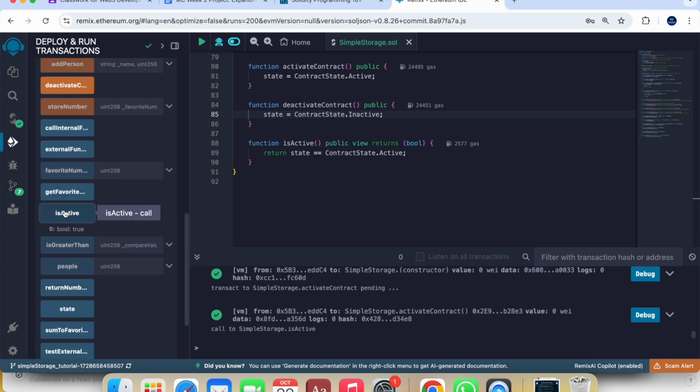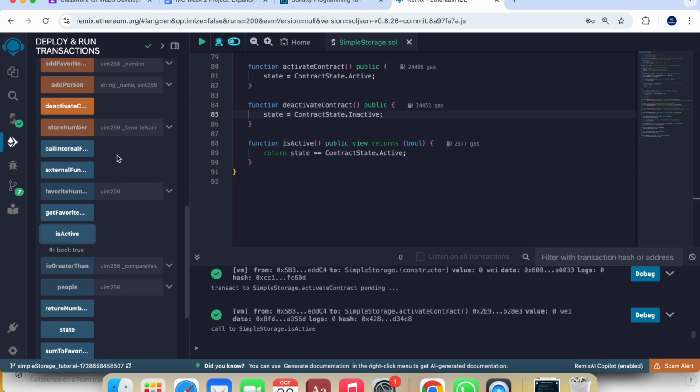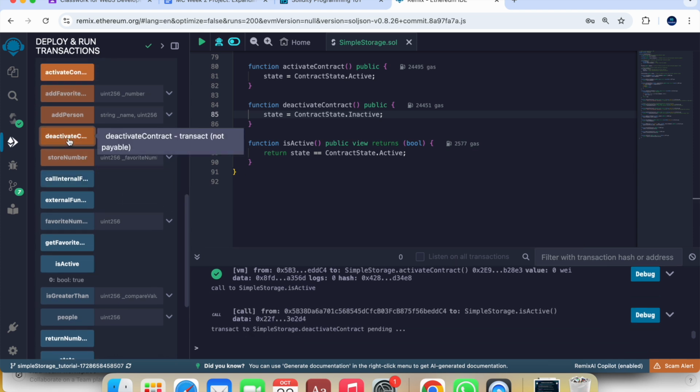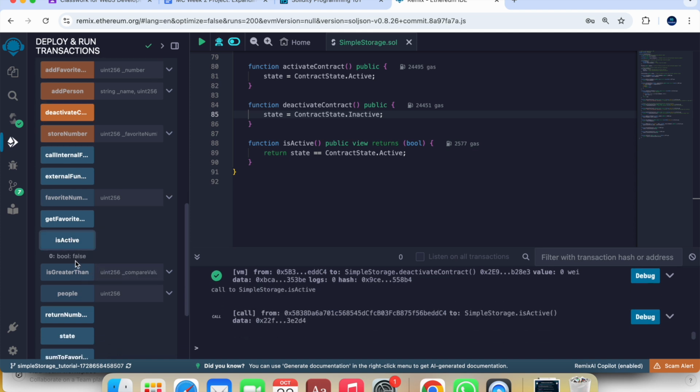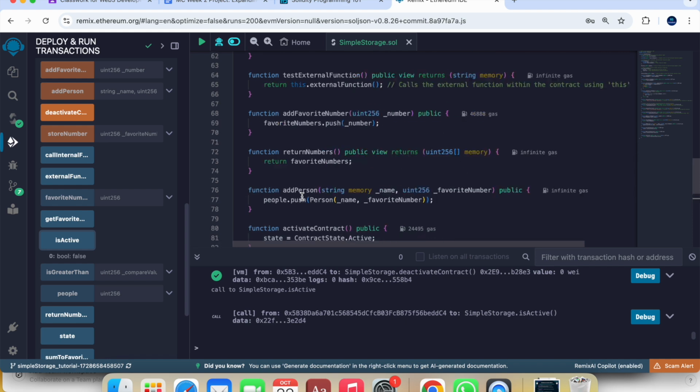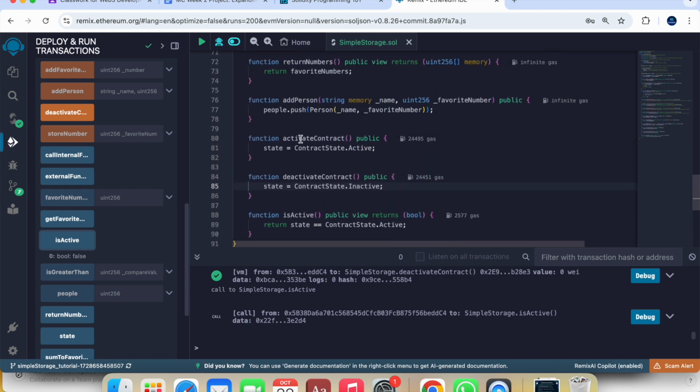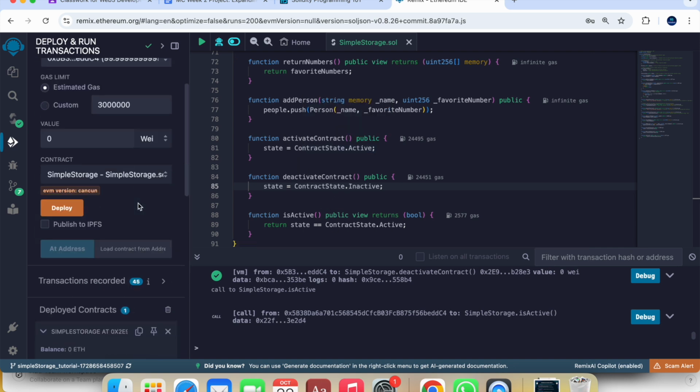Okay, here it is. It's true. So this one returns a boolean. It checks to see whether it is active or not. Okay, so let me check. Let me do something. Deactivate. Let me deactivate, and then I'll click on is active again. You can now see it is false. All right. So you should understand what this is. Very interesting. You should try to understand what we are doing here. Okay, so this is how you